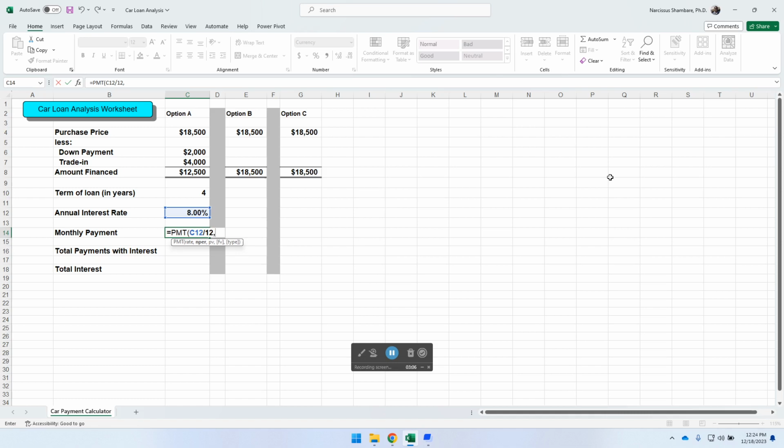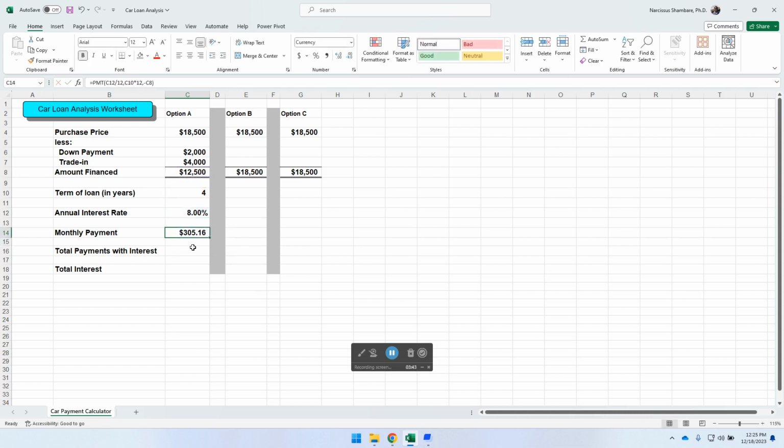Right, and then in addition to that, what is the number of periods? It is going to be 4 years, but we know that we'll be paying on a monthly basis. So it's 4 years multiplied by 12, because there are going to be 12 months in a year. All right, and then finally, what is our amount? So it's the present value, so we can click on this value there and then closing parenthesis, and here